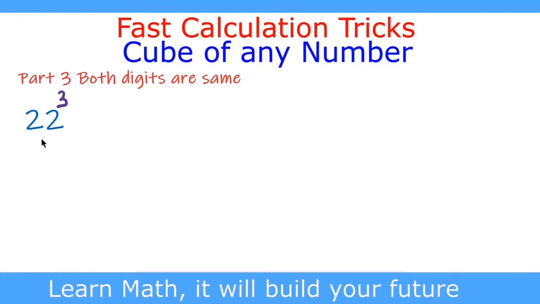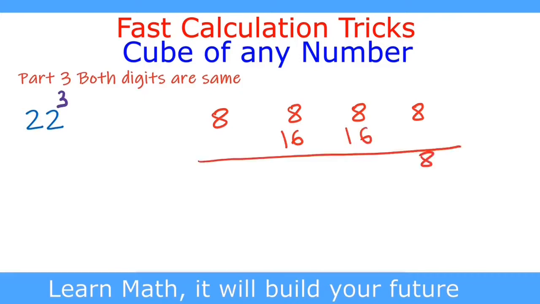We start with number 22 and we'll find the cube of 22. Here both the digits are the same. So we will make 4 parts and write in each part the cube of the digit, which is 2. Cube of 2 is 8. So we write 8 for 4 times, and leaving the first and last 8, we will double the middle two 8s, and double of 8 is 16 and double of 8 is 16 again.